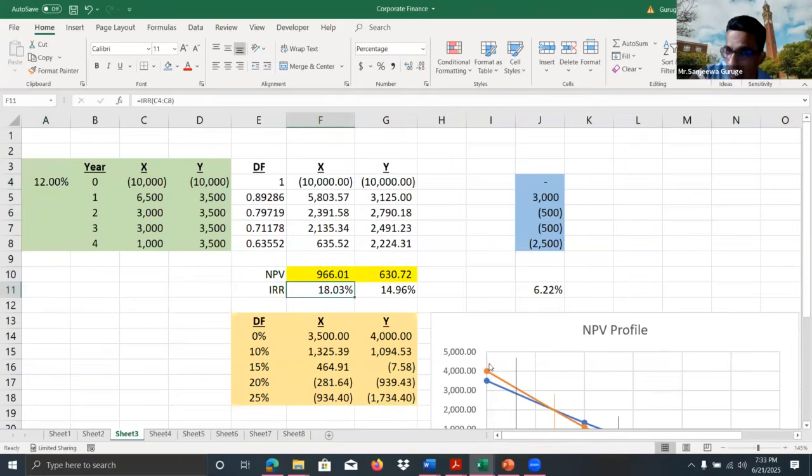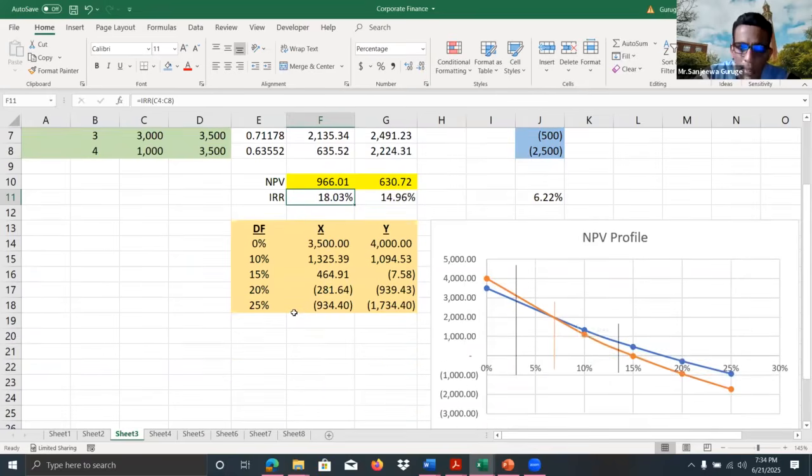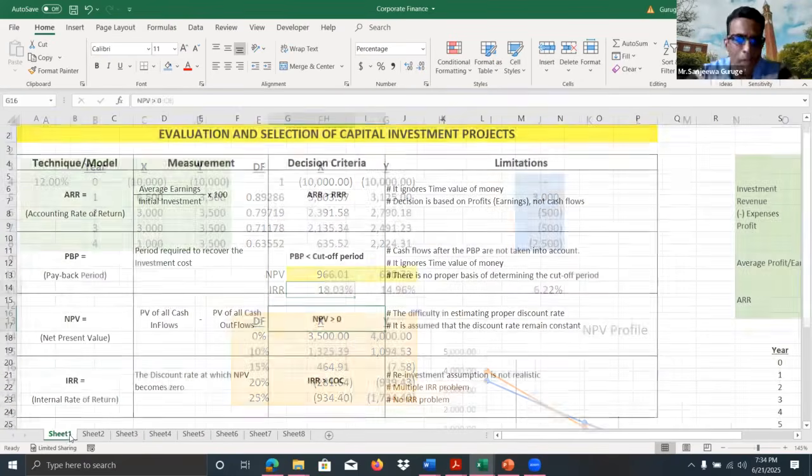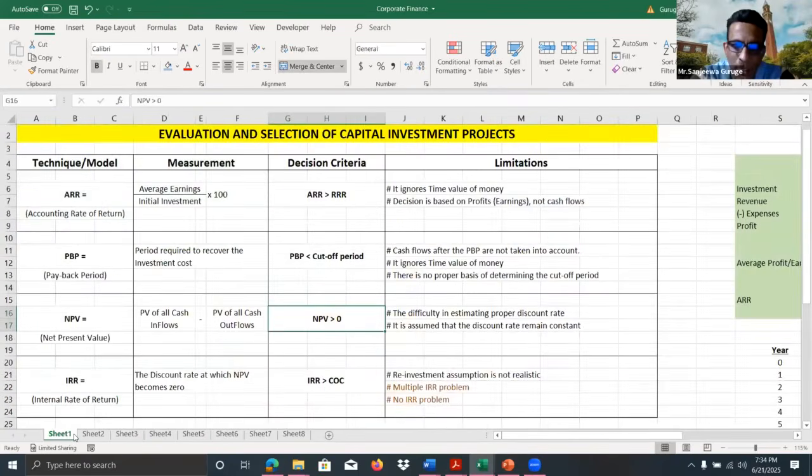Now, this NPV profile is important to see the impact if the cost of capital changes. Because cost of capital, cash flows, everything, these are estimated values, projected values. And that's why this NPV profile is important, right? And IRR, I mentioned earlier, is also a very useful technique. And I mentioned ranking projects in a capital rationing situation.